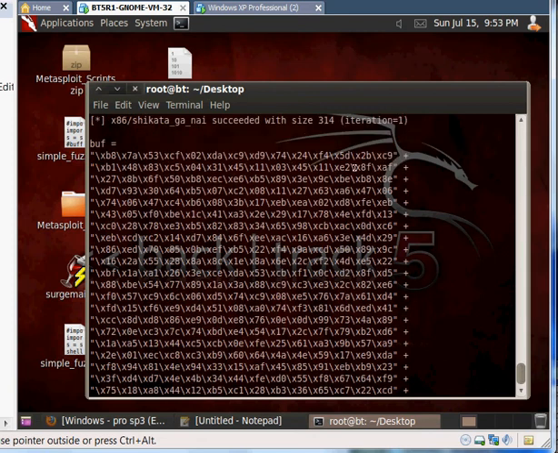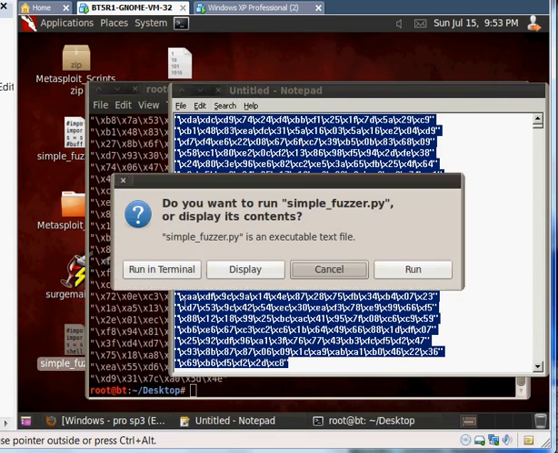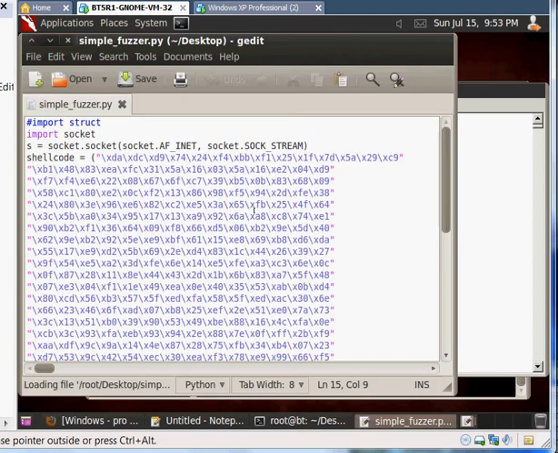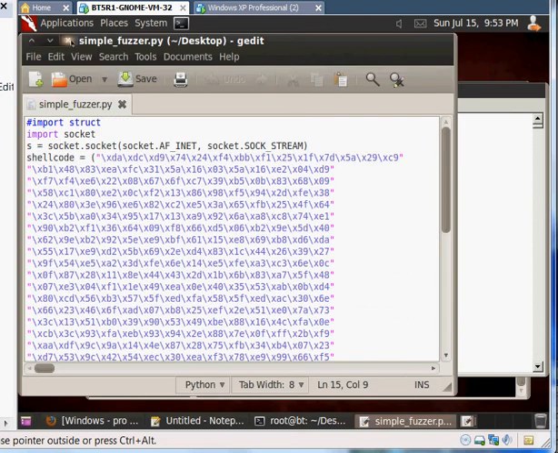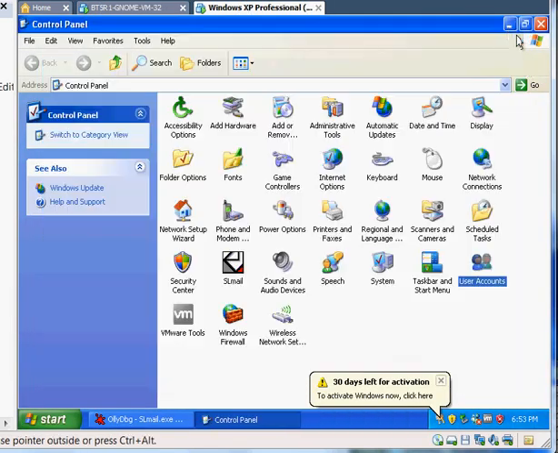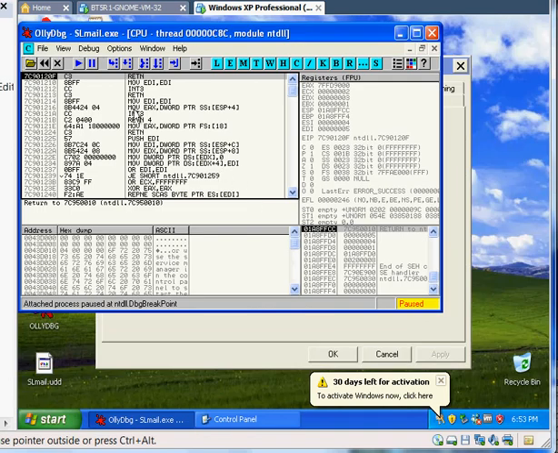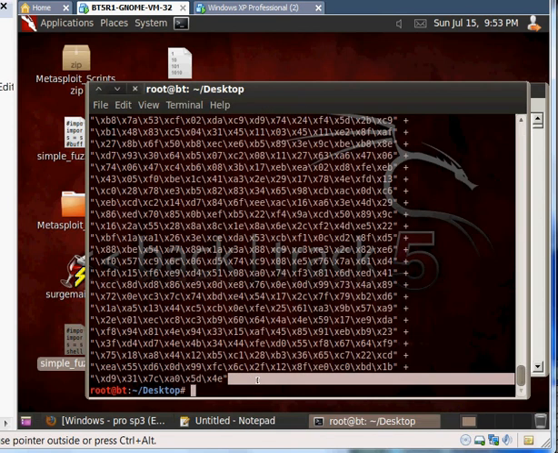Basically the code, I copied it here into a notepad, and I used search, replace, and removed everything that had an X. Then after that I opened my simple fuzzer right over here and pasted it in. Right before I run it, I'm going to show that I only have 2 accounts, administrator and guest. So I close it, lower this one. I have loaded it up and now started it, and then I do the magic here,